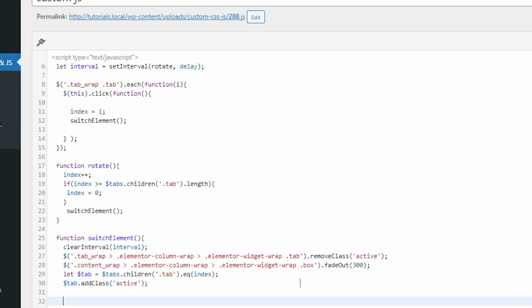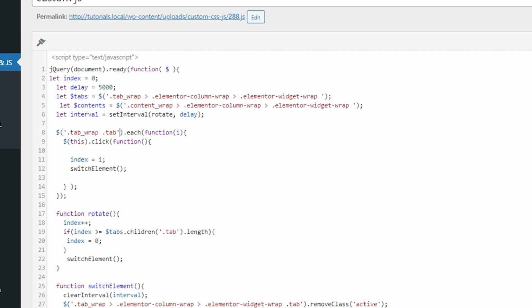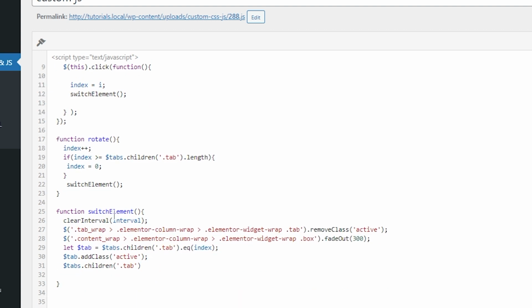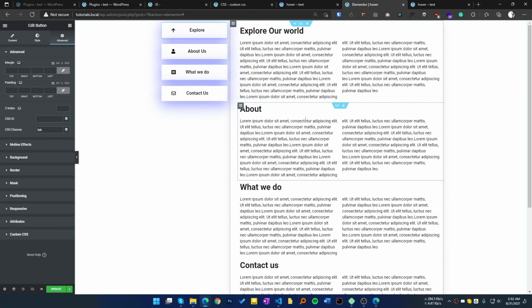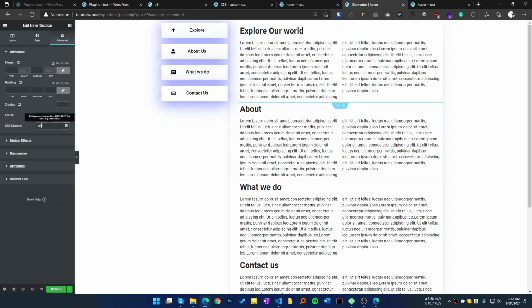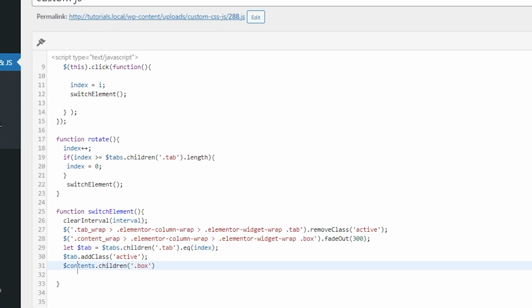We just need to do the same thing with our content. In here we have this children tab. Instead of tabs, we'll have contents. So contents dot children, and the name of our section is box. Box means this one, this class. So content children box dot eq